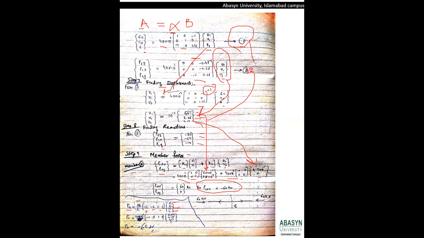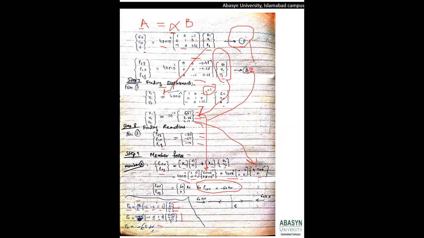The value of AE over L is given as 1410 raised to power 3. The value of cos theta for this member will come as 1, so it will come as minus 1. The value of sine theta is again 0. And the values of the unknowns we have already found out in the last steps. Once we solve this simple matrix, it will come as minus 60 kilonewton. You will get the answer directly.